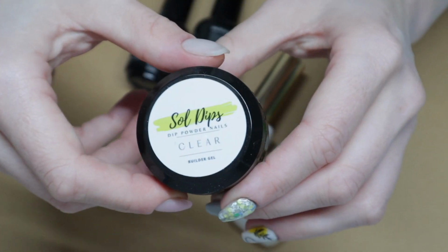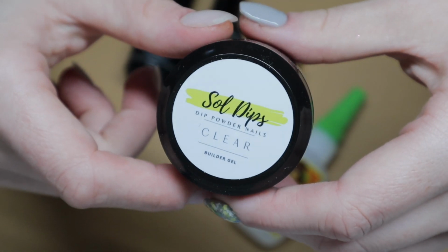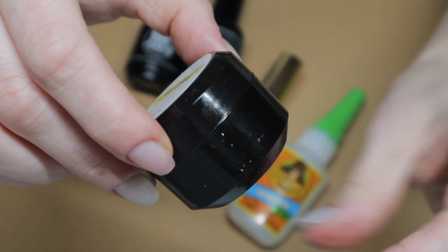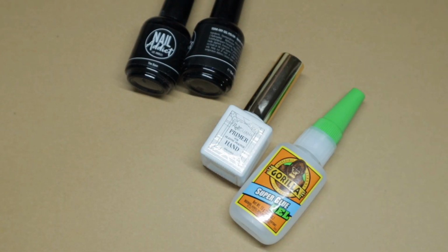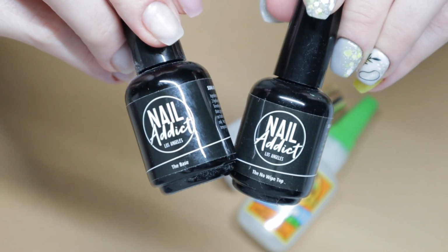I also purchased clear builder gel from Soul Dip. I've used it recently on my nails. It is very, very clear and beautiful. I really do like it, and I like the tub that it came in. It is a softer gel in my opinion compared to other gels that I have tried, but it's still beautiful and does the job. I also purchased some gel base and top coat from Nail Addict because I was running